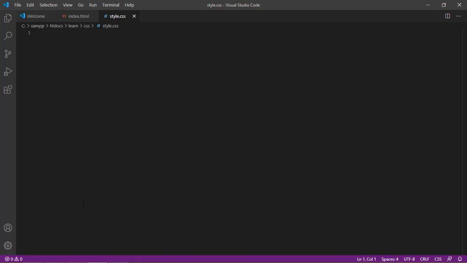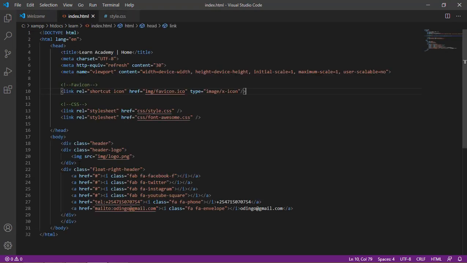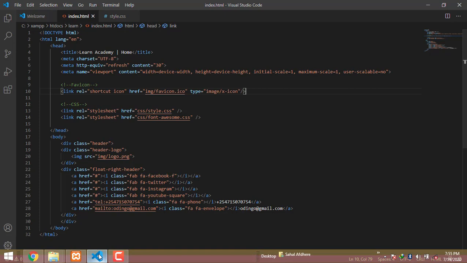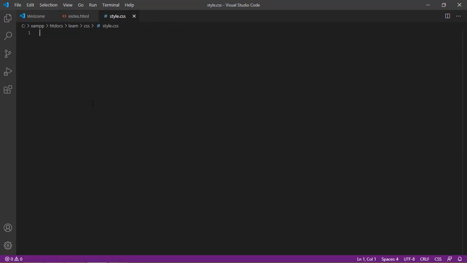So the first thing we need to start with is the header div. That's the first div under body that we need to style. This header div here, you see it has two divs inside it: div header logo and div float right header. Those are the two divs inside the header div. So first let us start with the main one. The main container is the header div. So the header div there is